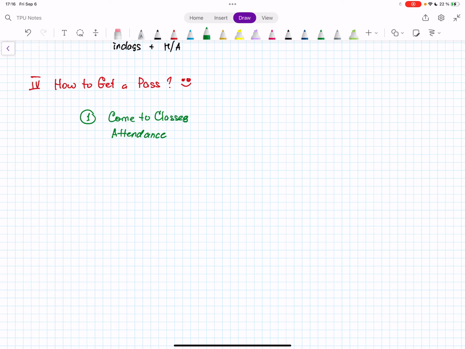So classes are the best place where you can listen to the teacher, discuss the material, speak, try to understand, and ask questions. The efficient way to have a successful study is coming to class. If you come to all the classes, you can get a maximum of 25 points. Okay? So that's the first thing you do.